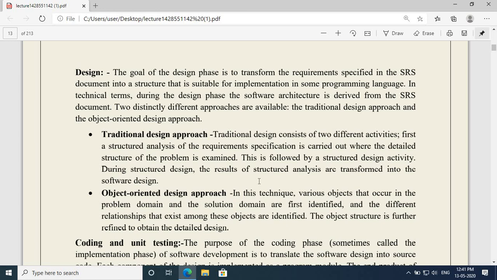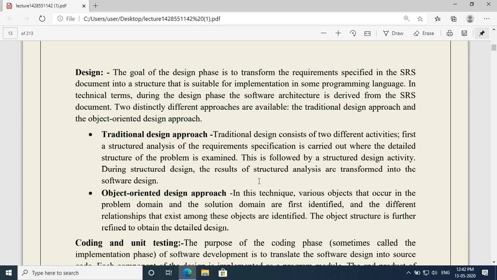In the design phase, different diagrams must be drawn. The diagrams may be the class diagram, the object diagram, the interaction diagram, or the sequence diagram. We will discuss in a later chapter what the different diagrams present in the design step are. Diagram means how to develop the software, what the different entities are, what the different functionalities are, and how the transition happens from one function to another. All these things must be described in the design phase.